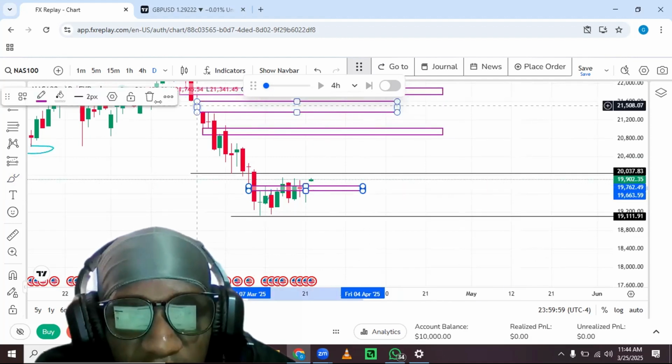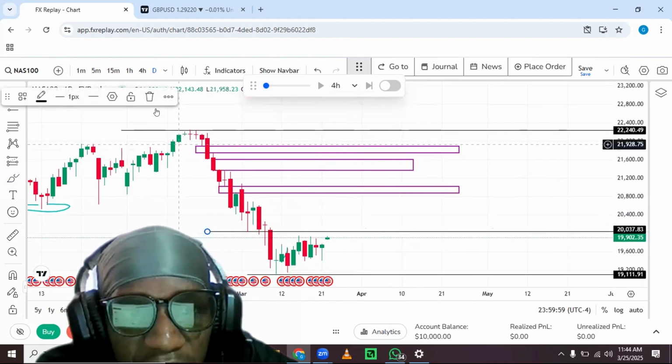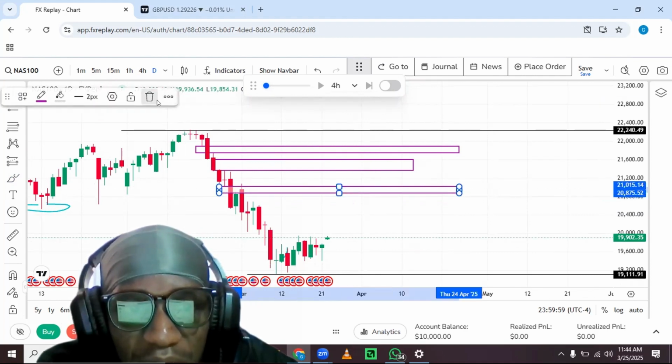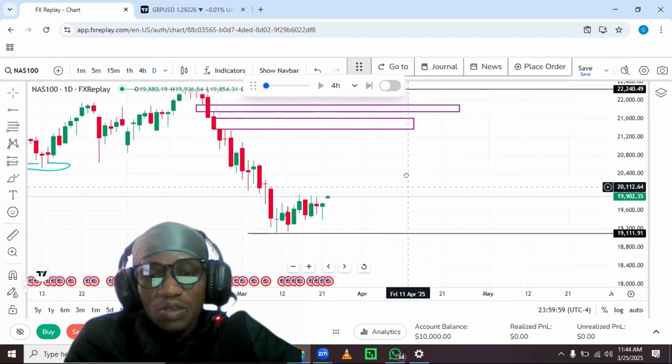This has been mitigated. So I don't like utilizing mitigated fair value gaps this low as well. So always make sure you clean your charts. This was respected, mitigated. So if we don't respect these ones,